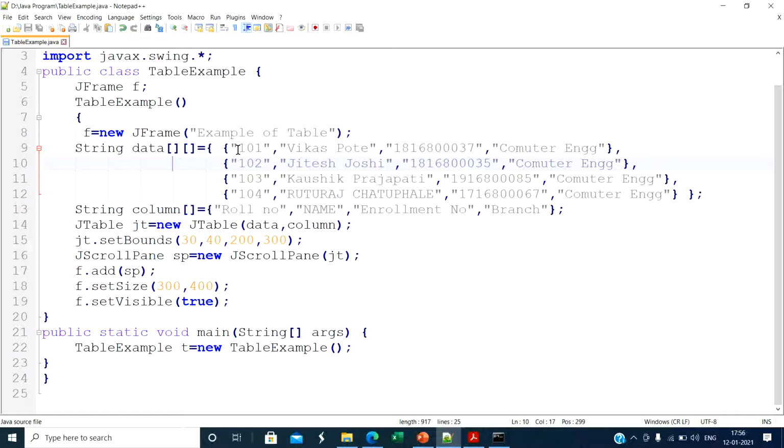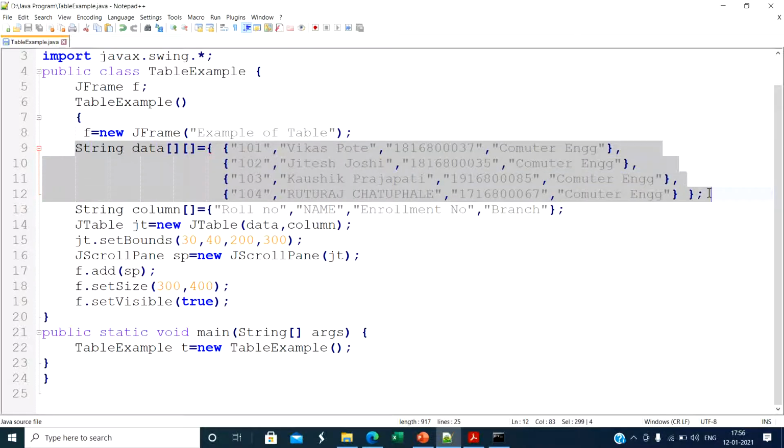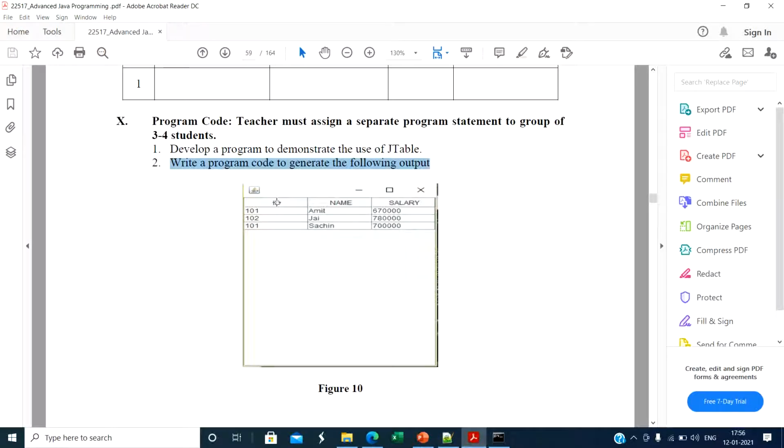Because we pass this in the table constructor. Here I define some data. Before that I explain this code, String column. We create one 1-dimensional array and one 2-dimensional array. The 1-dimensional array is used for the titles of the table, for example ID, name and salary, these are the titles of our columns, and 101, 102, 101 are the data in the table.